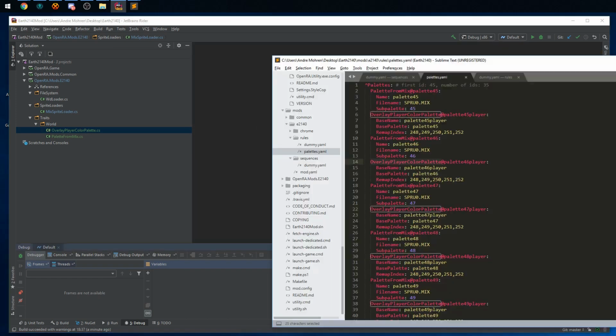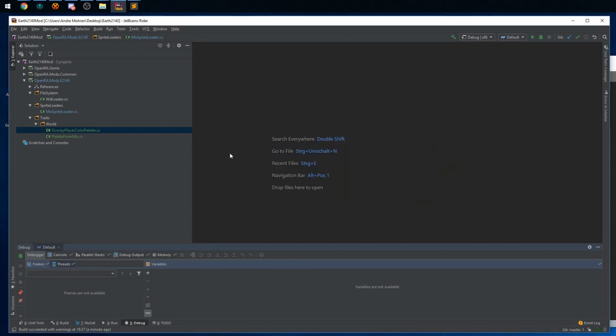Okay, let's close everything. What have we achieved so far? We have the unit in game. We have the palettes, the beautiful version of the palettes, and well, you could actually think, hey, that's awesome. We want to do more. The next thing we want to do is